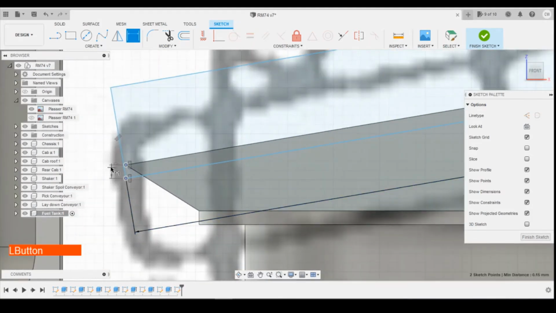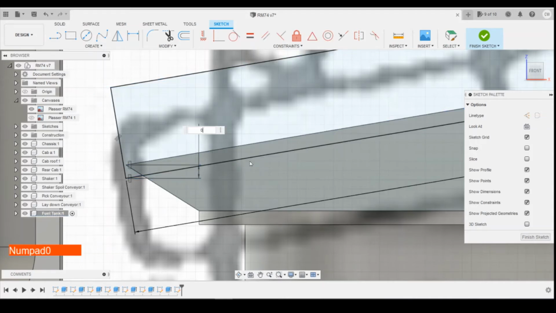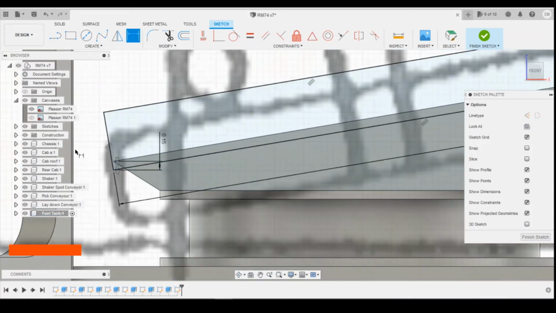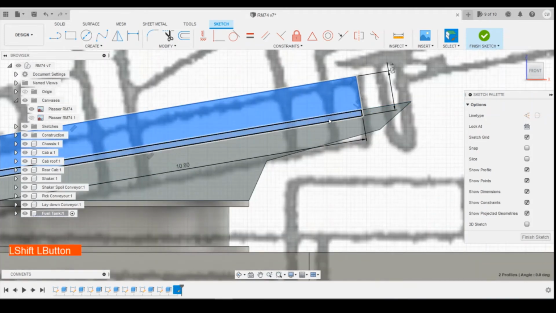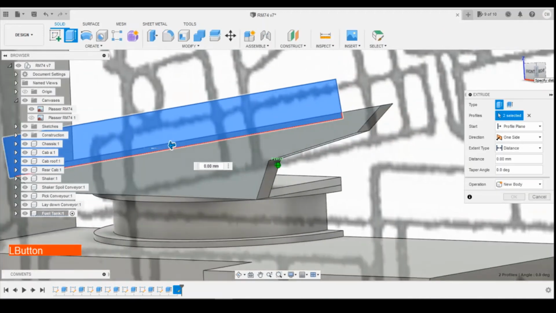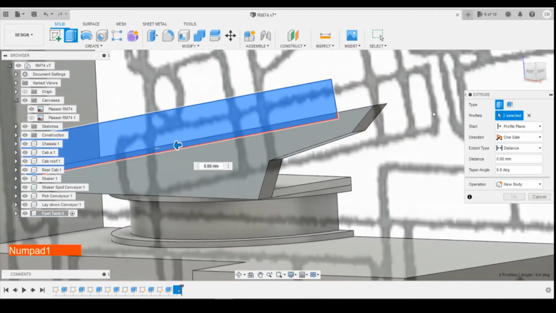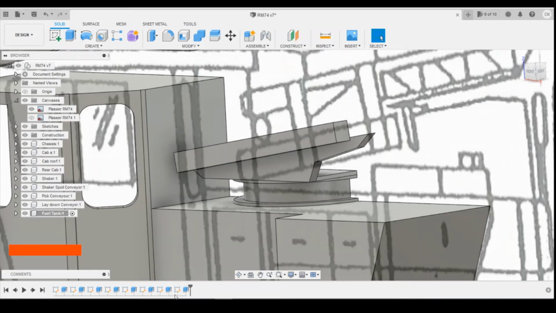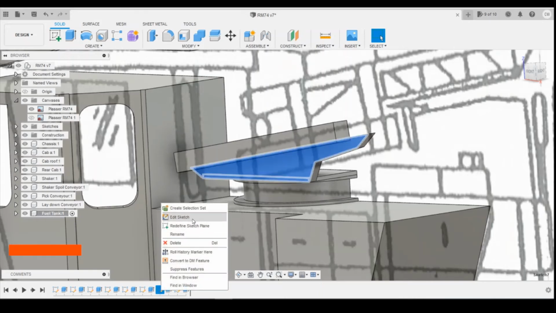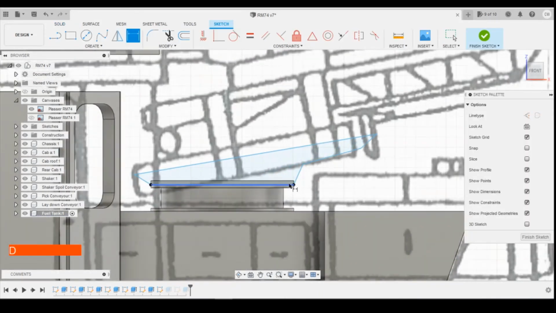And it wants to find the height between them. Okay, so we'll do that by 0.5. I'm going to bring this part outwards. And what I will do is I'll just go back into this sketch